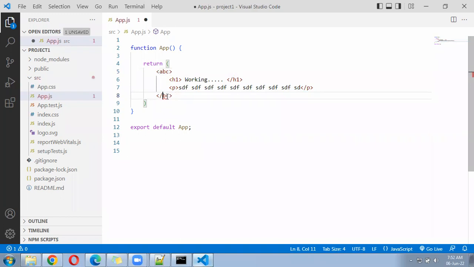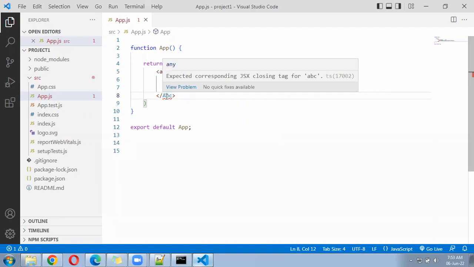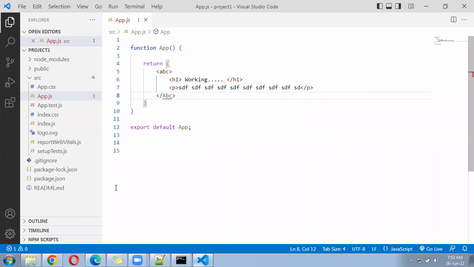ABC started with a small letter. Now let me close it with a capital. ABC was started with a small a, and I am closing ABC with a capital. Now you can see it shows one warning message: Unexpected JSX closing tag for ABC. When I go to the browser,